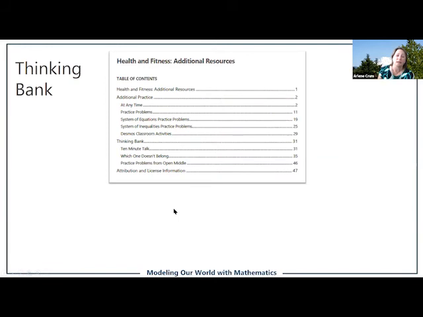And then at the end of getting started, we gave you some additional resources that you could use throughout the year. At the end of the mathematically based modules, we give you a thinking bank. And in that, it has additional problems that you can use. It has activities that you can use to remediate or scaffold for students if they need it. It has a wide variety of things. You are not expected to use any of them, but you are welcome to use as much as you feel